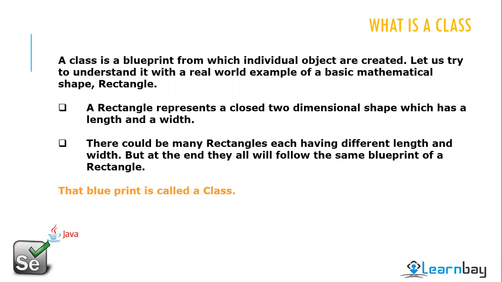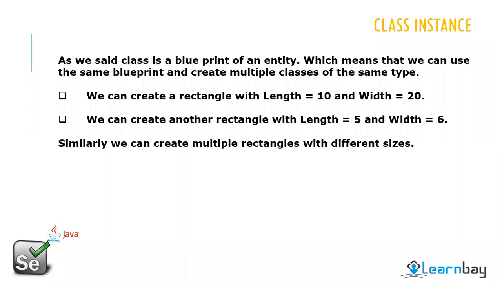So for example, here you can see that I'm trying to create a rectangle class. A rectangle represents a closed two-dimensional shape which has length and width. There could be many rectangles, each having different length and width, but at the end, they will follow the same blueprint of a rectangle. Correct? So as we said, a class is a blueprint of an entity, which means that we can use the same blueprint and create